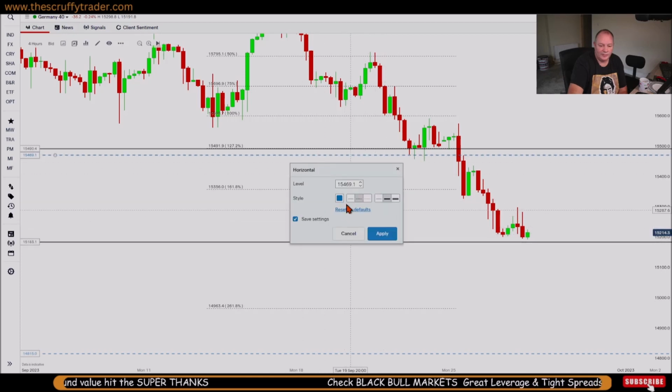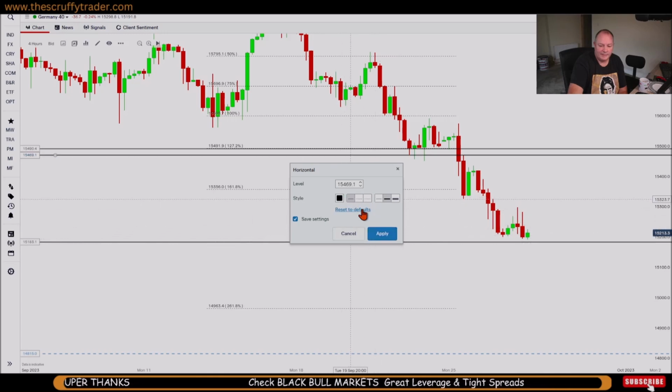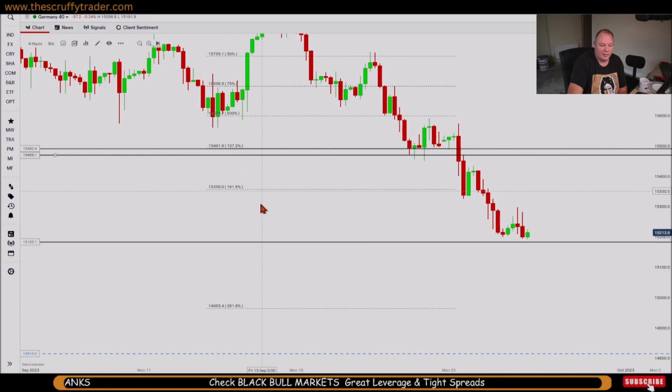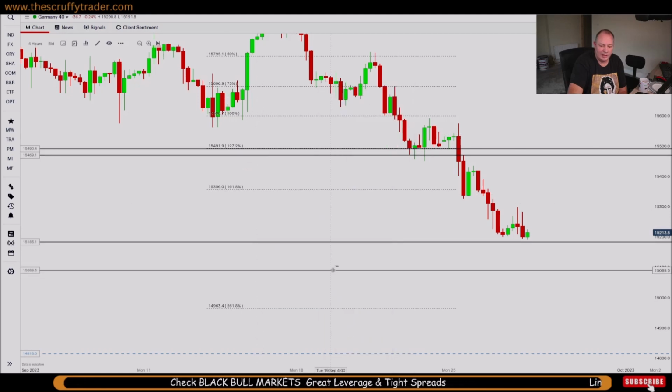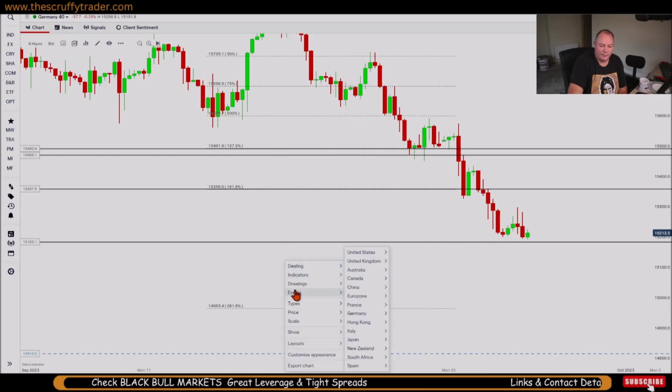Right, just draw that into there, that into there, and then I'm going to put this black line in here. All right. Right. So what this has done,